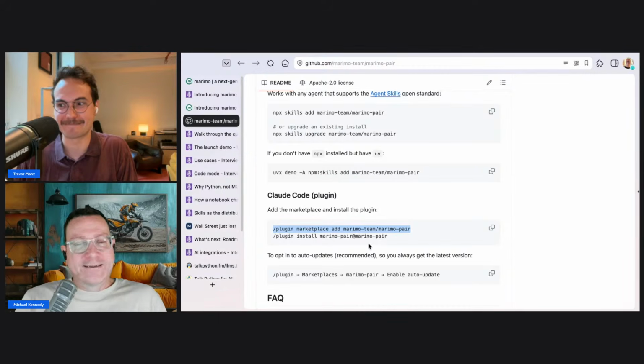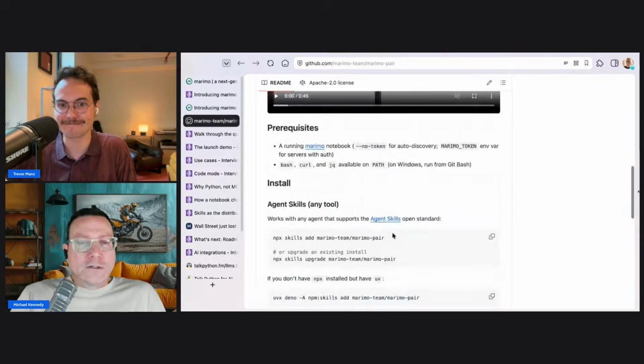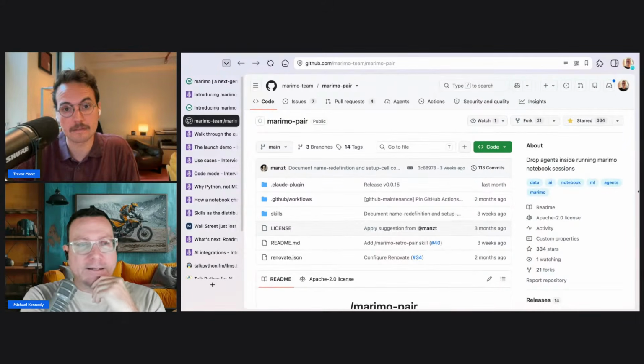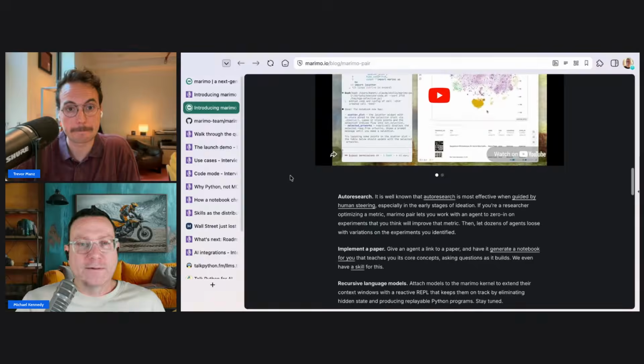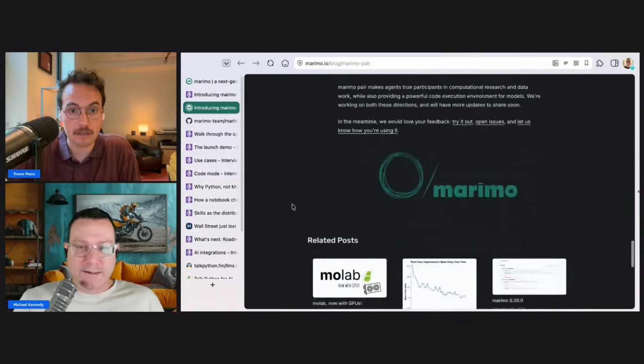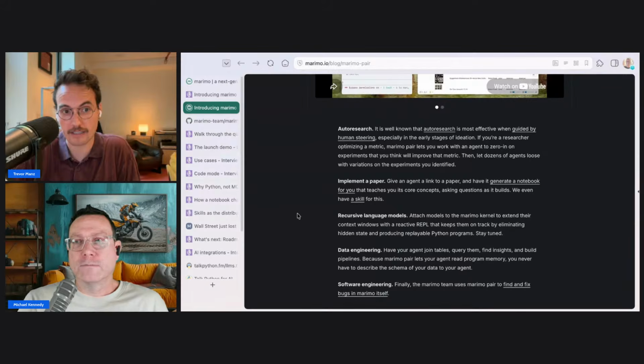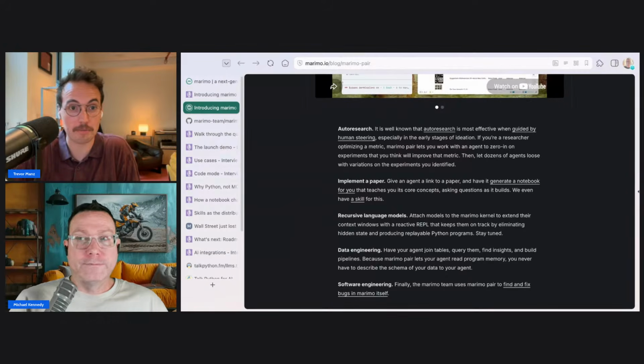Okay. So is there a getting started example or something like that on one of your pages I can point at? Yeah. If you have the skill installed, the best thing you can do is just spin up a Marimo session.